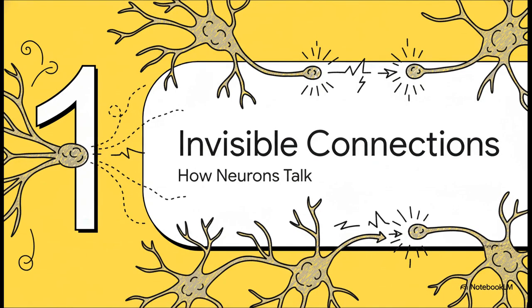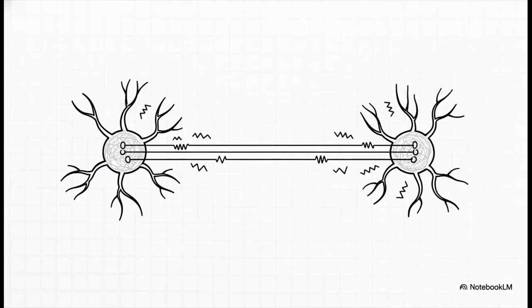Okay, so if scenes are neurons, that leads to the next big question, doesn't it? How do they talk to each other? What are the synapses? How does that electrical impulse travel from one scene to the next so the audience gets a smooth, coherent experience? See, the connections are way deeper than just simple cause and effect. It's more structural than that. I want you to imagine these invisible, super taut strings, just pulling every scene tightly to the one that follows. It creates this powerful, unseen nervous system for your entire story.